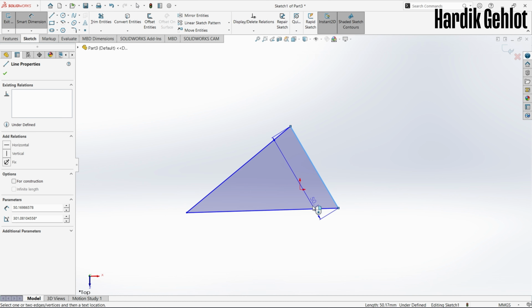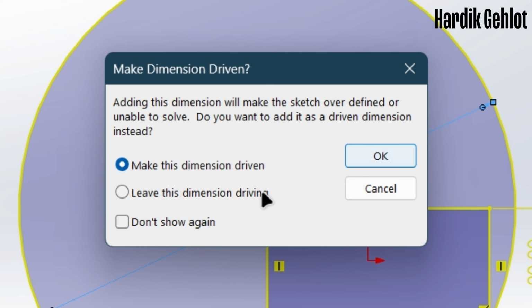To dimension an angle, select any two lines. Sometimes you will see this option. Dimension driven means that this dimension is dependent on other dimensions. In this case, you have two choices. Either let it be driven or make it driving. Driving means you can change its dimension. I will select driven